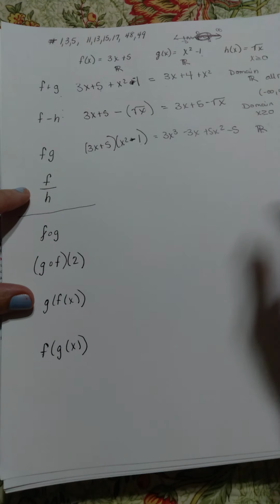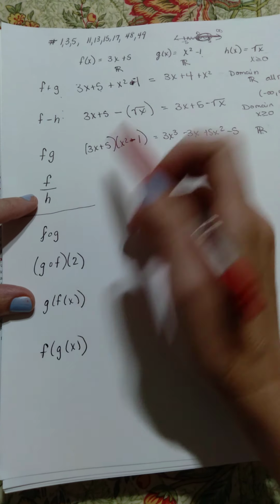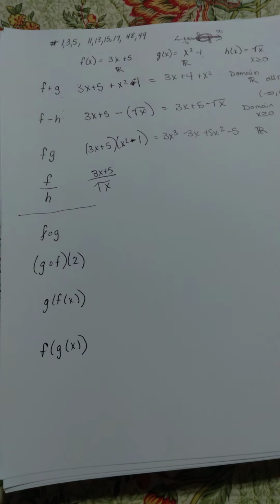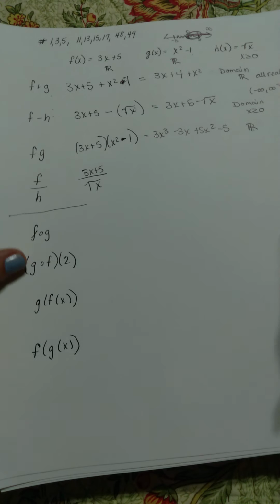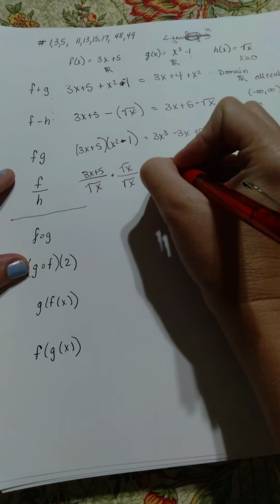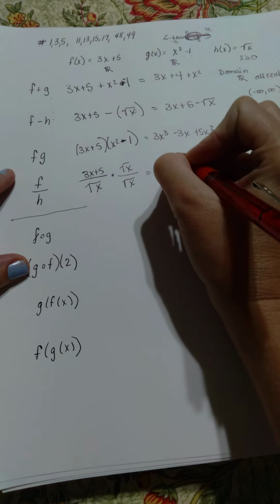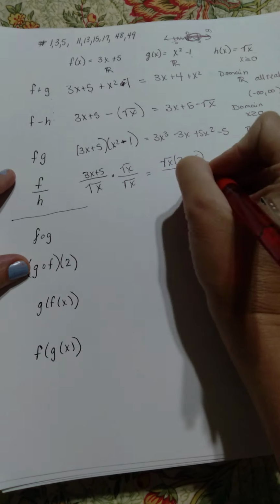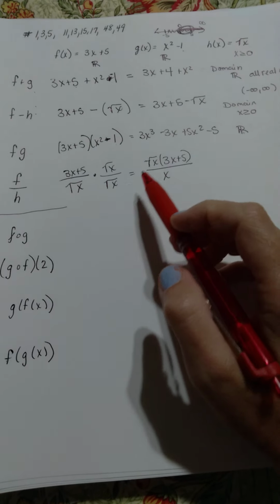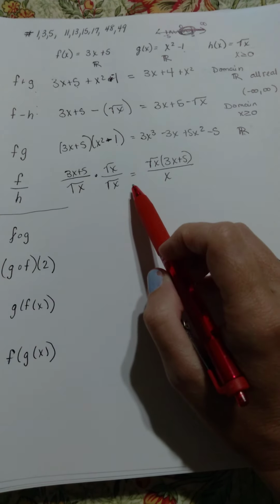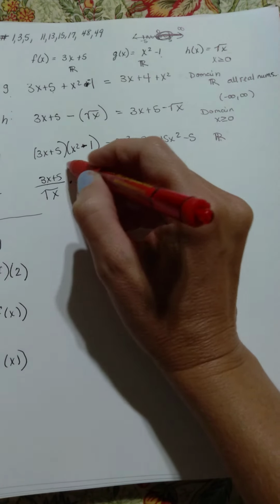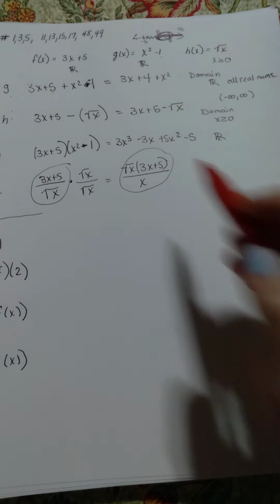All right, now this one gets a teeny bit trickier, but still not bad. We write F, 3x plus 5. We write H, square root of x. There's not even really anything to simplify here. We could rationalize, and it's not a bad time to remember what that looks like. So square root of x times 3x plus 5 over x. We could rationalize, that isn't mandatory, but we technically could get that square root out as part of our simplifying process. But either form of this, whether it be this one or this one, is going to have the same